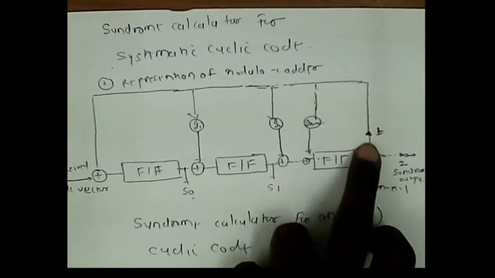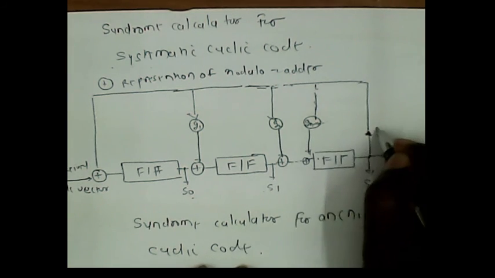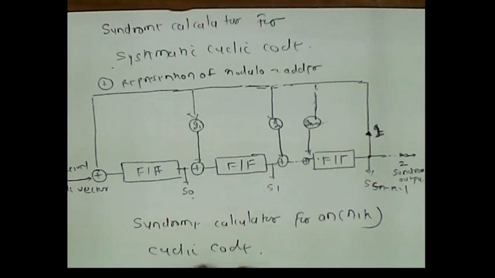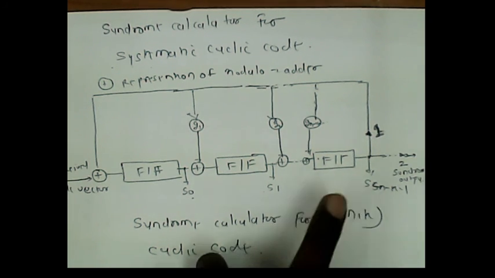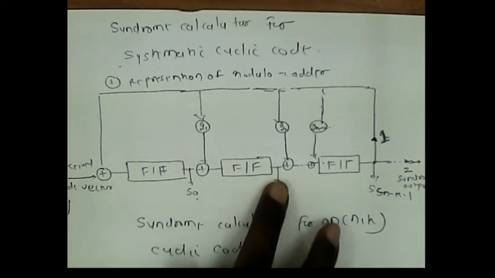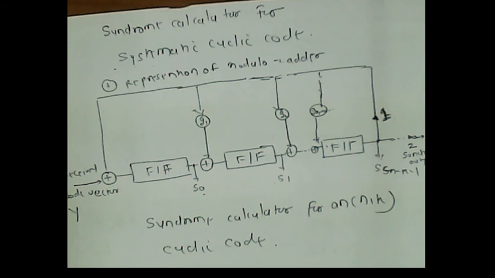So when the output switch is connected at position 1, all the flip-flops are initially 0, so the bits present will be 0 0 0. As soon as the received bits are shifted into the shift register, it will observe the desired syndrome. Once we know the syndrome, we can determine the corresponding error pattern and then make the appropriate correction.